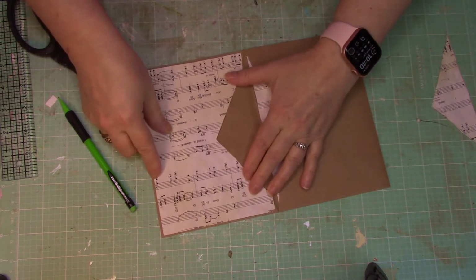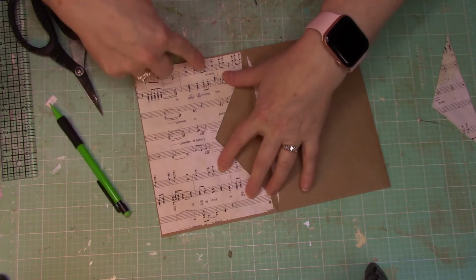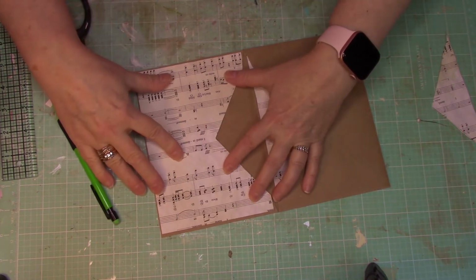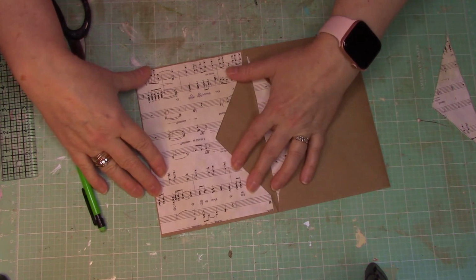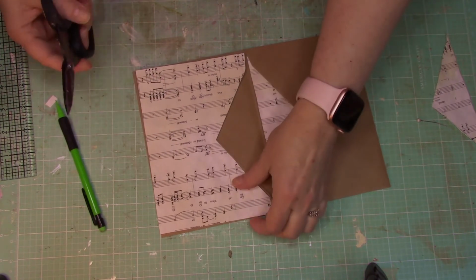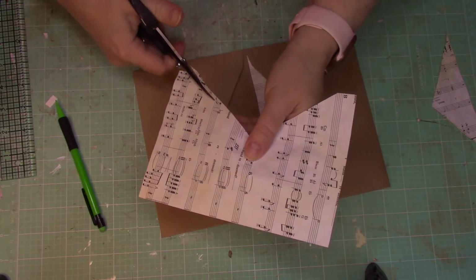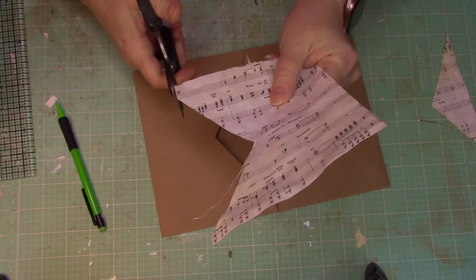So now I have a nice cut, and I have a little edge there, a little edge there. I have to decide if I want a little more edge on that side. I think it's fine. I'm not going to cut that, but I think looking at this, I do want to cut this down a little bit more. So I'm going to just follow along, and I'm just going to cut it down a little bit because I